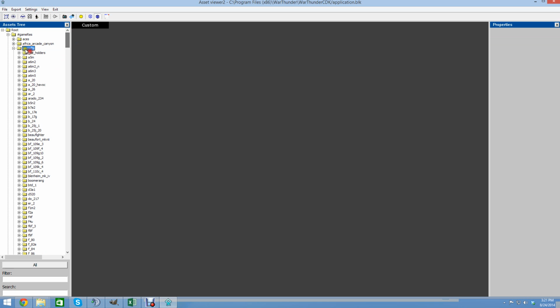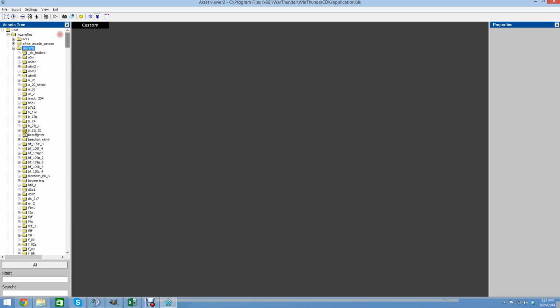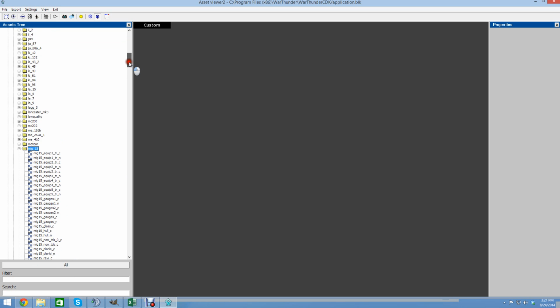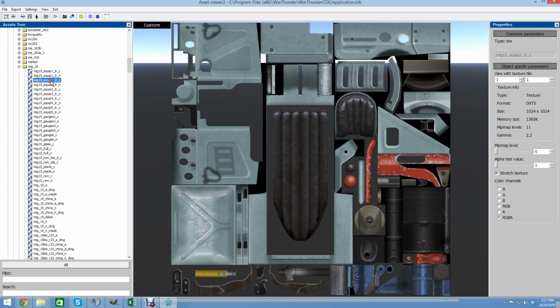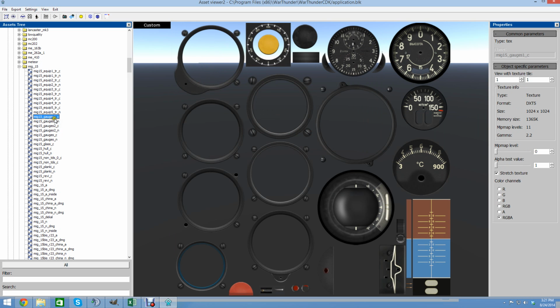If you open up aircrafts, the third one down, you'll see all the aircrafts available in the game, as well as some extra skin material on the outside. Let's say today that we want to do a MiG. MiGs are one of my favorite jets to play around with, so everybody that knows me knows that I'll probably be working on a MiG-15. You can go in here and see all the components involved in a MiG. You can download all the parts available inside of a cockpit associated with the MiG-15, and you can modify them,